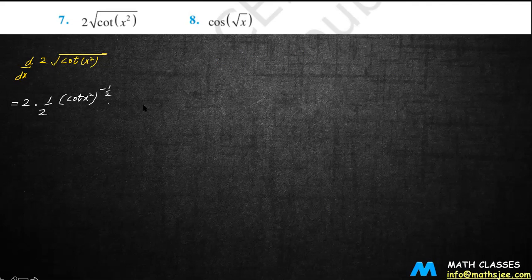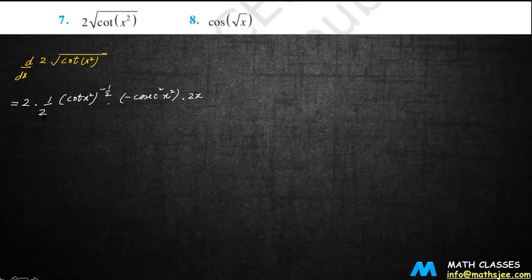Now we'll come to the function cot, right? So you know that the derivative of cot is nothing but, we are not worried about cot of x square again, just see what is the derivative of cot. So the derivative of cot is minus cosec square, so minus cosec square of x square, right? Now we have dealt with the power and the cot function. Now comes the x square. The derivative of x square is 2x. Fine. So now we can rearrange the terms in terms of sine or cos, depending upon all these things.